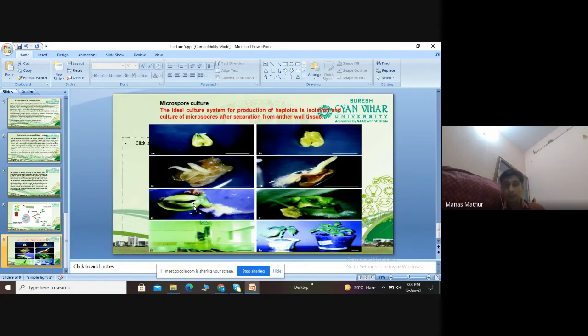Let's see how exactly these anthers look under the microscope. These are the microspores which are separated from the flower, and we have taken the anther. Anther culture is there, callus is there, a plantlet is formed in the tissue culture media, and finally from this media we have transferred the plant to normal conditions. So this plant is the haploid plant, which is made from anther culture.